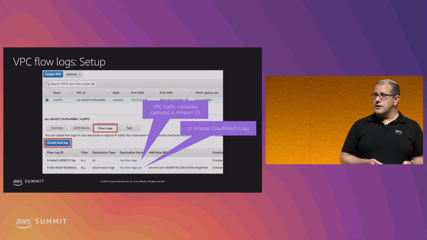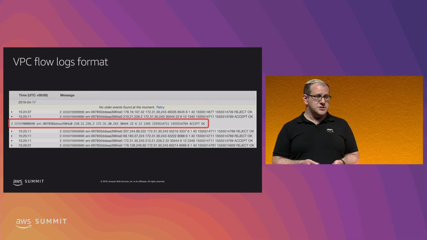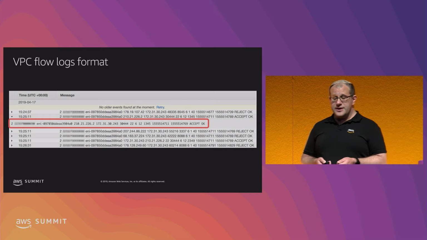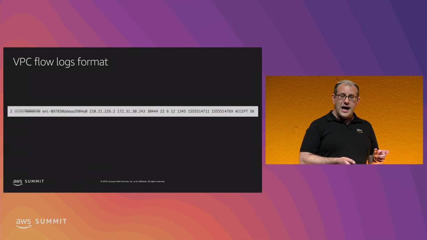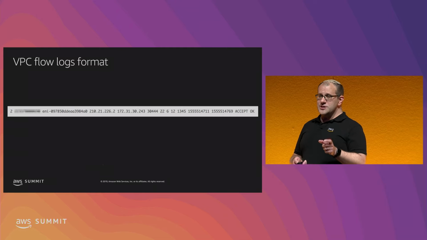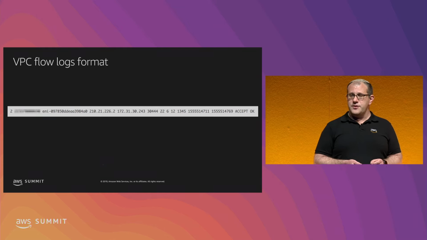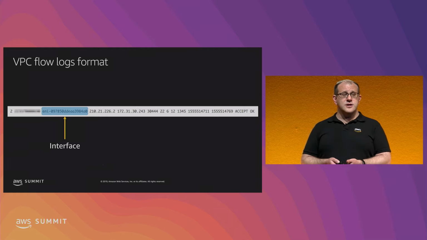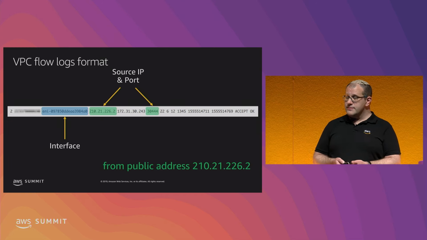Now, what does a flow log look like? Well, for anybody who's ever done network troubleshooting, it's a page of numbers. But what I'm going to do is dive down into one of those, and we're just going to translate it into English. Now, I have blurred out a section because that came from my account. Every flow log also contains the account that the traffic was seen on, and that's quite useful if you've got many accounts. In this case, the flow log tells me the network interface that the data was seen on,